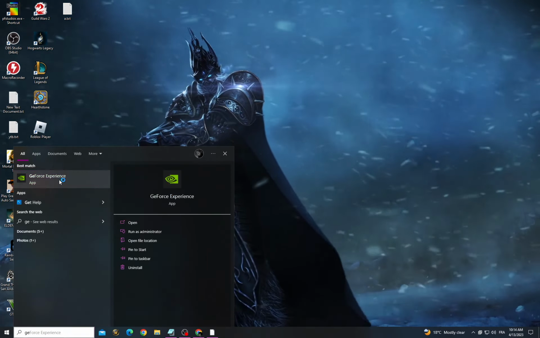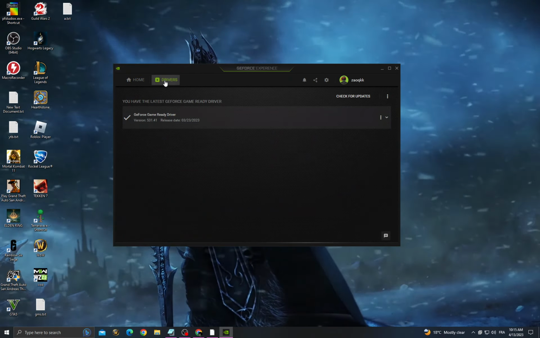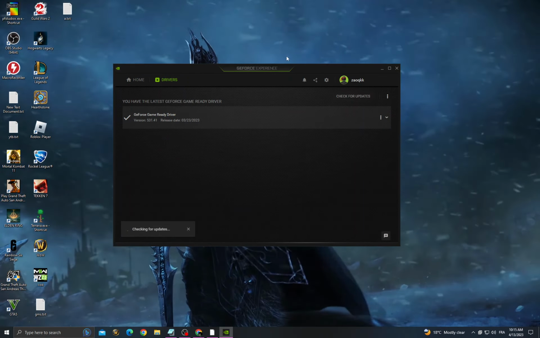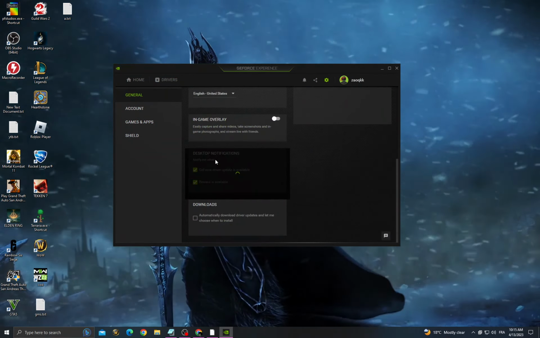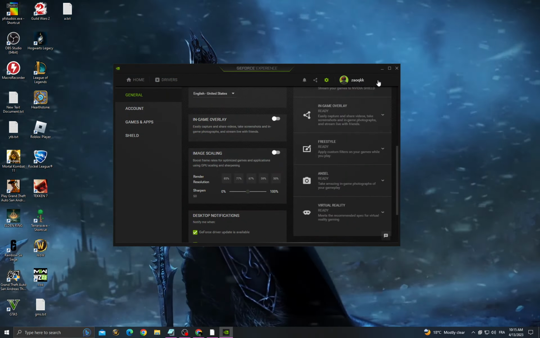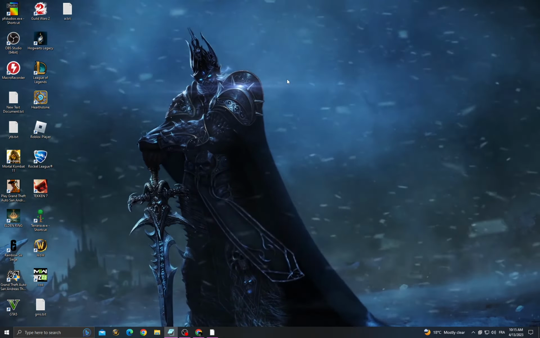then go to GeForce Experience, go to drivers, check for updates, and then install the latest update that you can find, and go to settings, scroll down and enable image scaling. Now just try again and your problem must be fixed, and if that also doesn't fix it, now all you